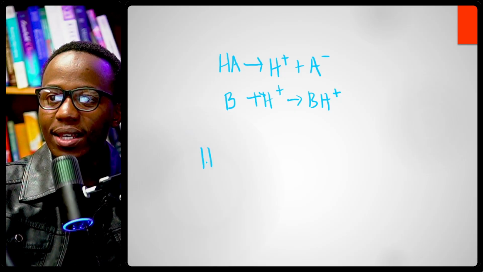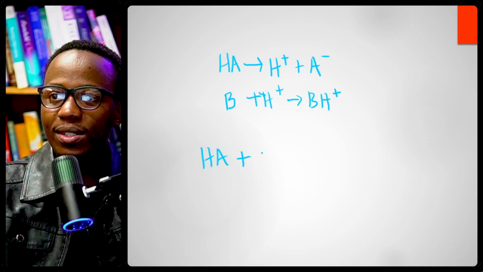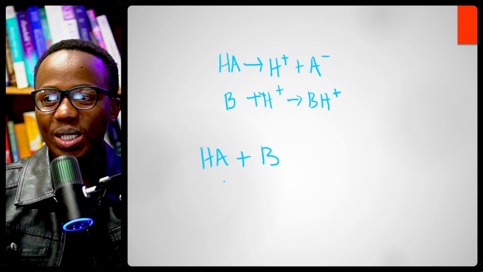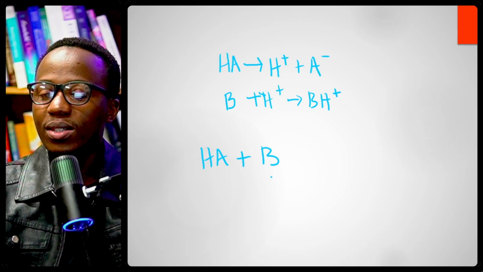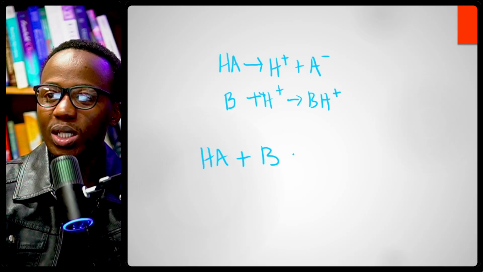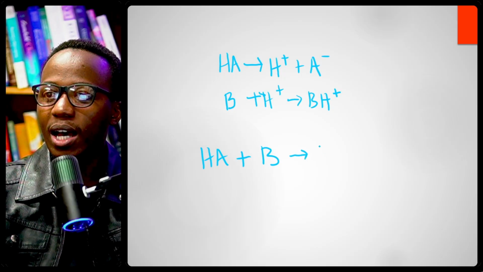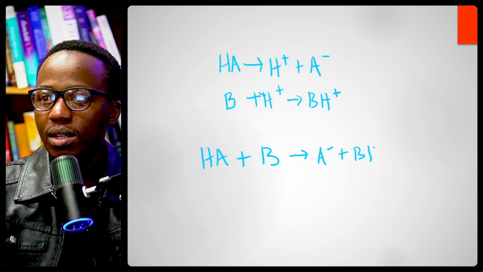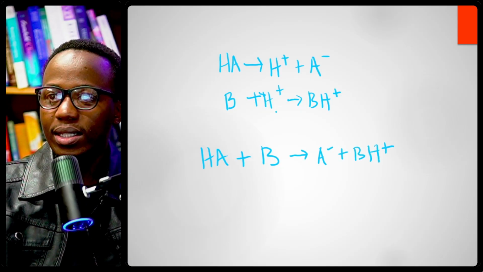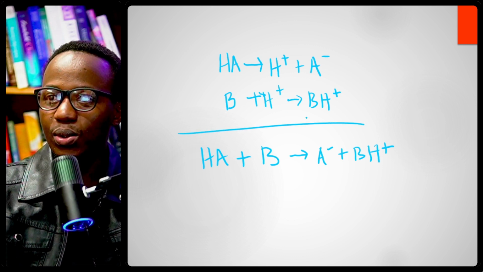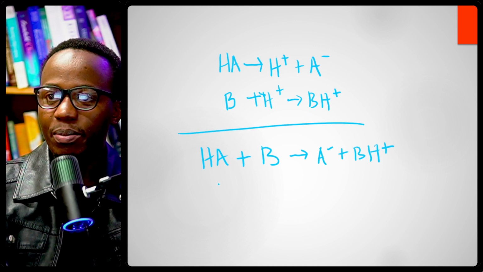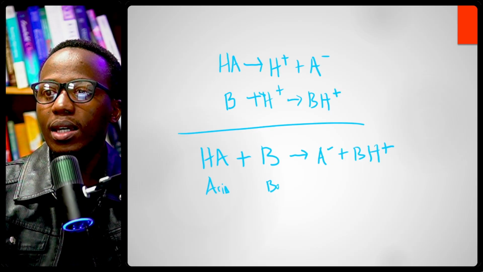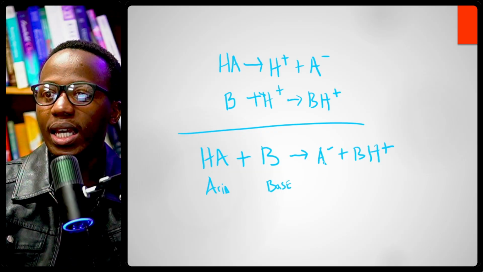So if an acid binds to a base, guess what happens? Well, an acid is going to do what an acid does, which is give away its hydrogen, and a base is going to do what a base does, which is receive hydrogen. So it's going to become A minus plus BH plus. So what I just did is I combined these two reactions right here. This is what we call an acid base reaction. So I took an acid here, I took a base here, and then it gave me